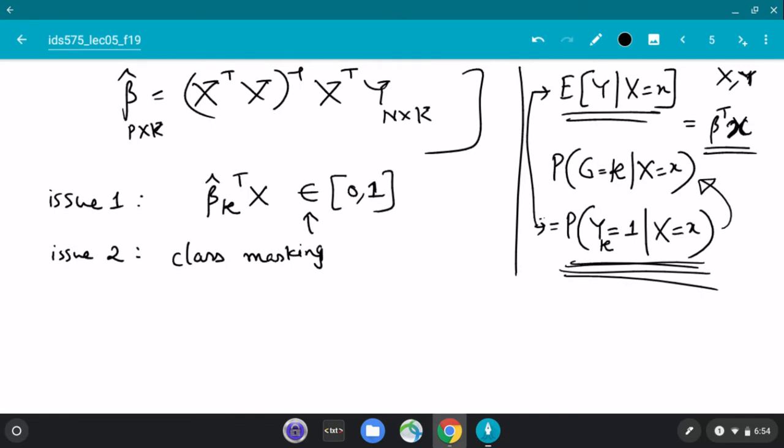By the way, all these are simple methods. It's not like you will use only these methods in your workflows, but really understanding the details of these methods is a good exercise. That's what we're doing in this course. So what is class masking? For that, I'm going to think of a 3-class problem.